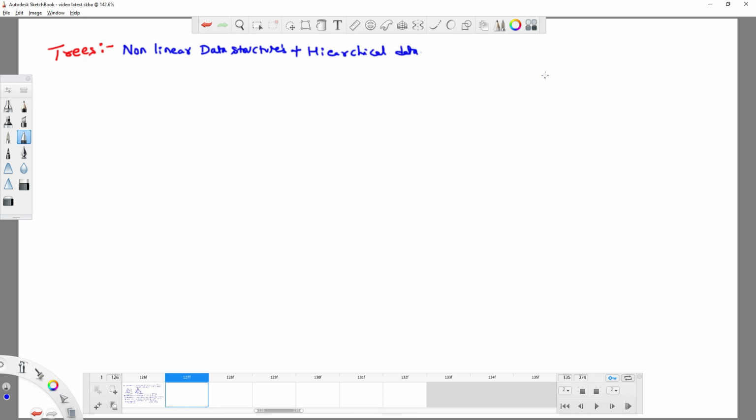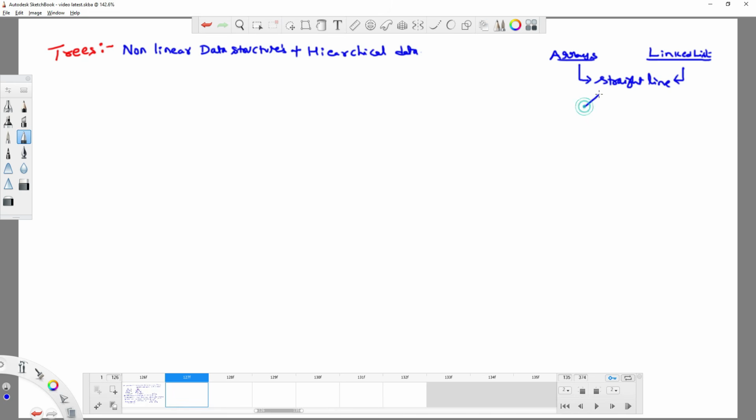trees. I mean, in general, if you go with the concept of arrays, or if you go with the concept of linked list, we are going to represent the data in the form of what? In a straight line. Am I right? The data will be represented in the form of a simple straight line, right? If we are going to store the data in the form of a simple straight line,